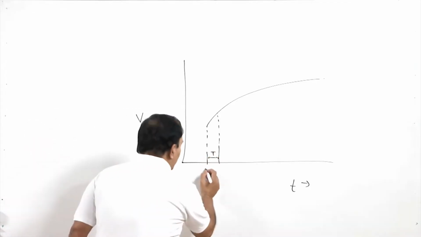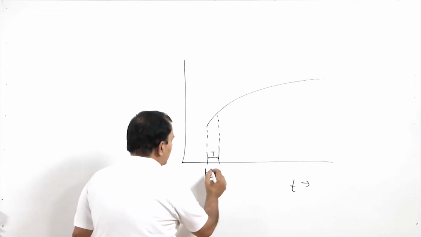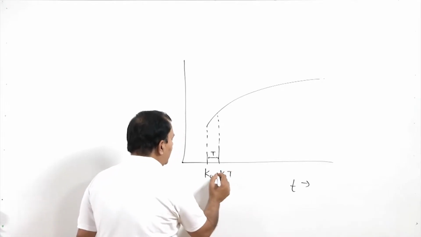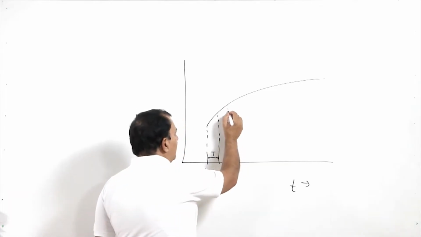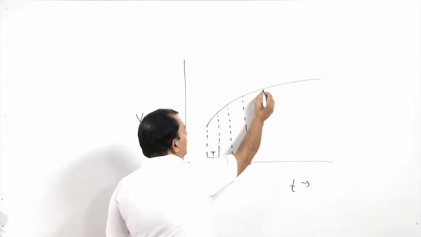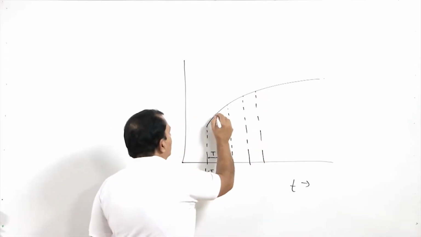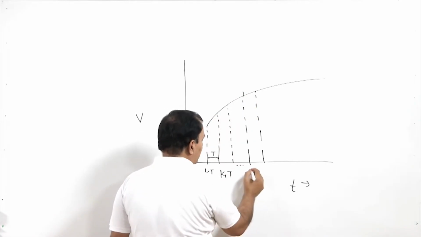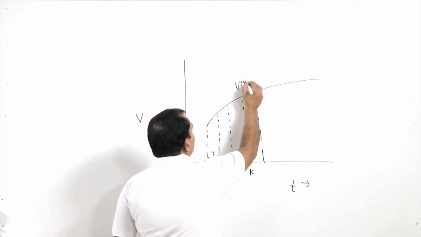So, I can say this is my k0, this is my k1t. If I will have the constant sampling, I can define the value of the v. Let us say this is my some point k. So, I can define this as my Vk,